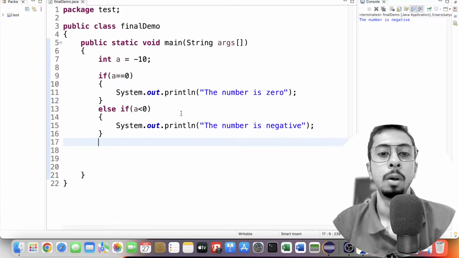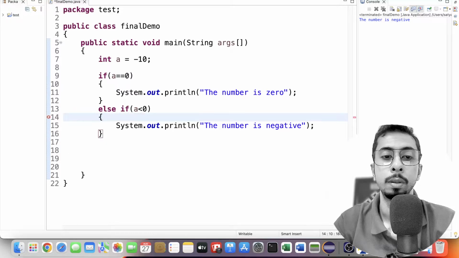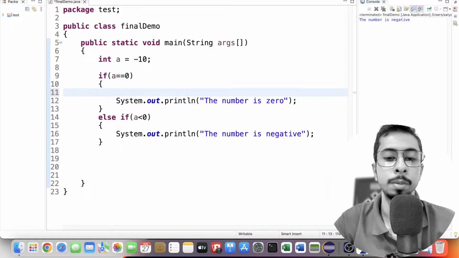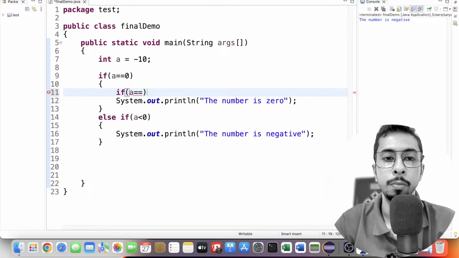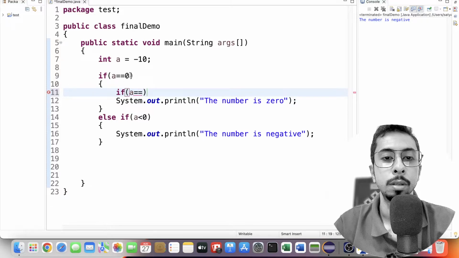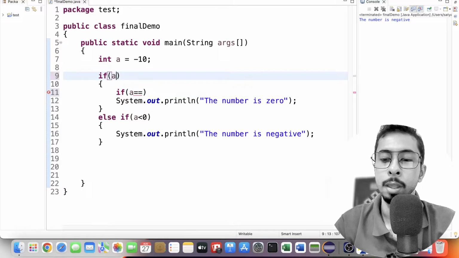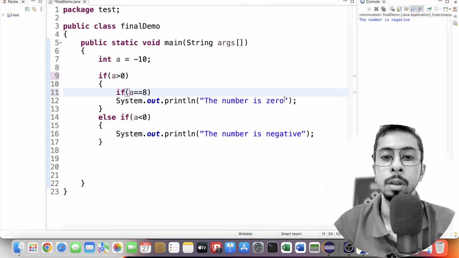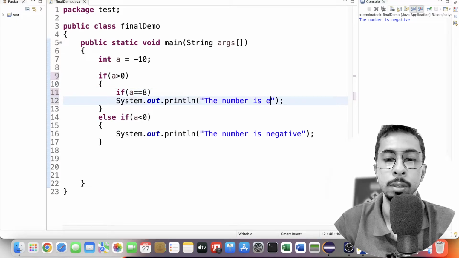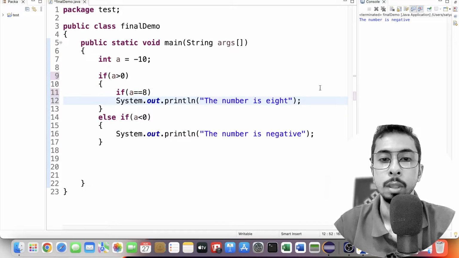Okay, now you can have nested ifs. Nested if means if inside an if. You can have like this, maybe if a equal to 8, sorry, it will not work. If a, say, a is greater than 0, then it should work. Then let's say a equal to 8, then I will maybe print the number is 8. Okay, else,